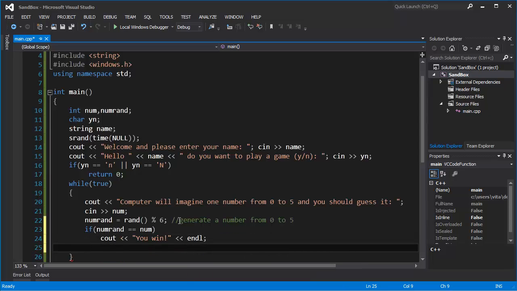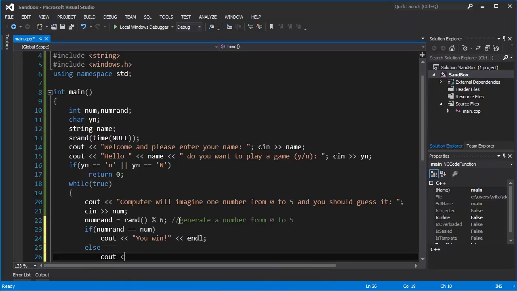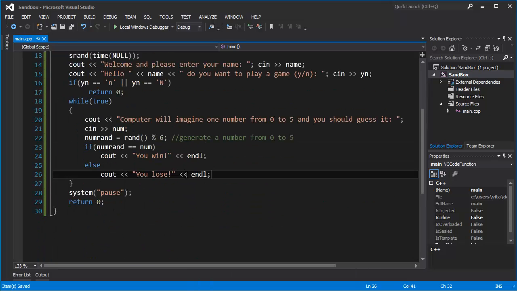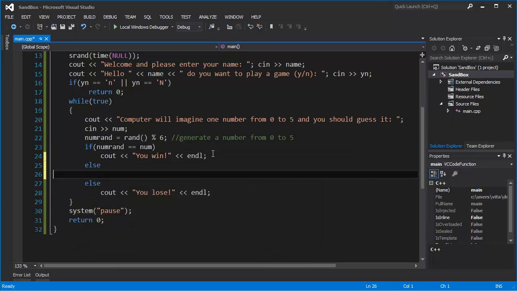endl. Else, it will show you lose, endl. And if we want to exit, we're going to add another else if